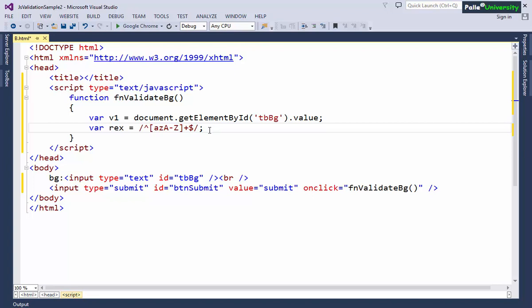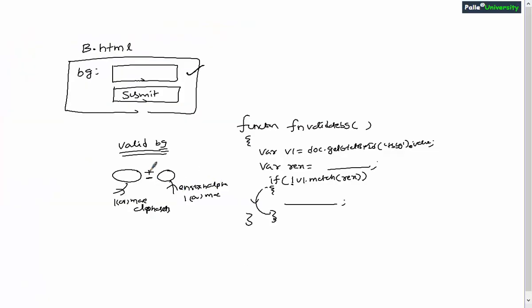Now immediately after this I already told you that we need either plus character or minus character exactly for one time. So we know that plus and minus characters are special characters which are present in regular expressions. In regular expressions plus and minus have special meanings, and hence we have to write those characters in the square brackets, and immediately after this, any one of these characters I need for one time, exactly for one time. Obviously I must write curly bracket 1.